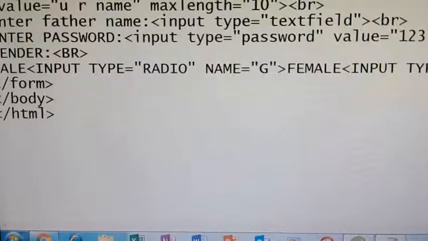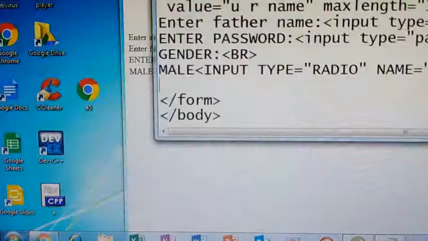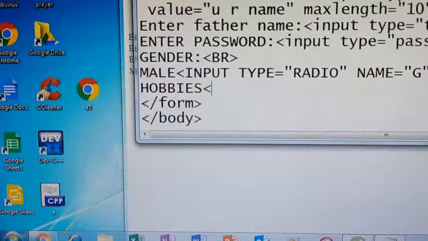Next, here we have one more. If you want to give your hobbies, there you need to give multiple values. So when you want to give multiple values, there we'll use one more type of input field, that is a checkbox.